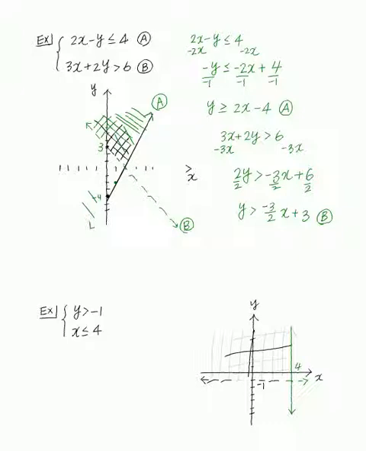Now, where y is bigger than negative 1, that's going to be shading upward. Where x is less than or equal to 4, it's going to be to the left. So where they intersect is going to be this top left